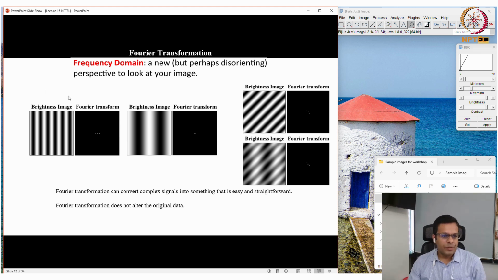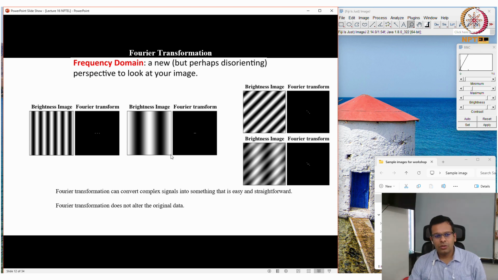Let's say this is the real image, and if you do the Fourier transformation of this image, the Fourier transformed image will look like this. It converted all this complex information into the frequency domain. This is a Fourier transformed image for this one, and this is a Fourier transformed image for this one. So using this function of Fourier transformation, you convert your complex image into a frequency domain image.